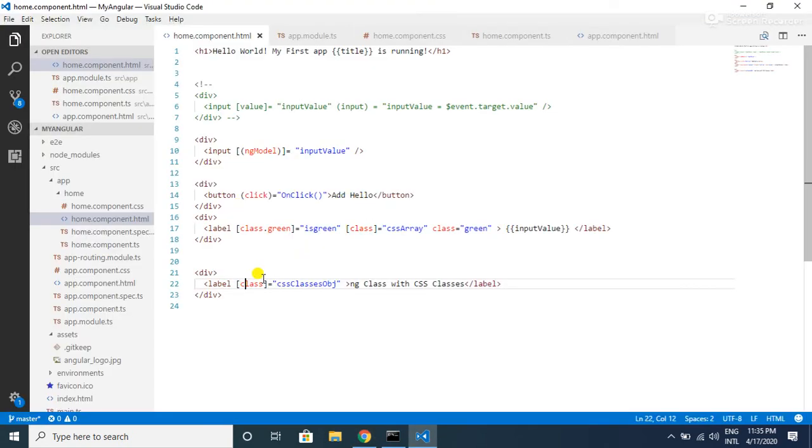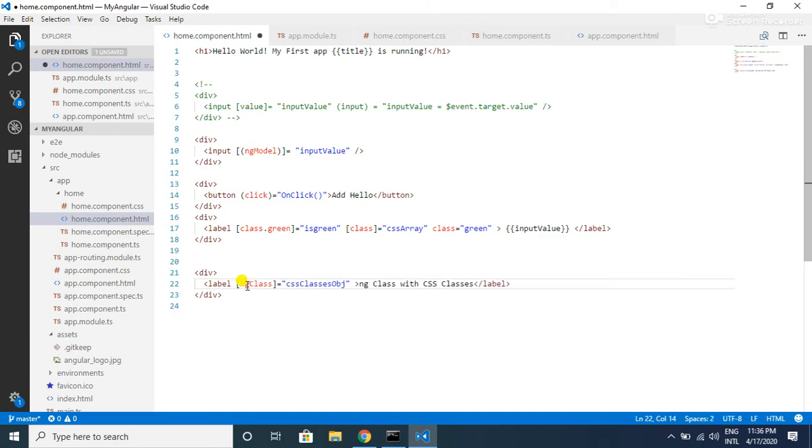However, one difference is, using the class binding you can also do single class binding, just like in this label we are applying only the green class particularly, with class.green on the left side and the boolean variable on the right side. Whereas with ngClass we will not be able to use that single binding.